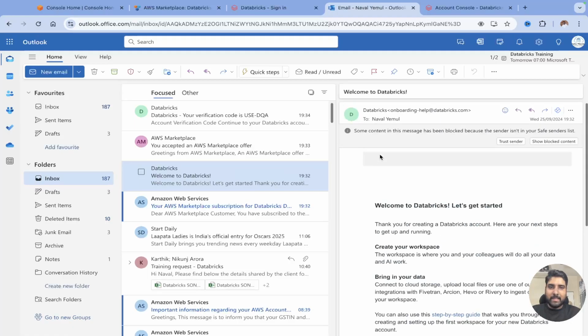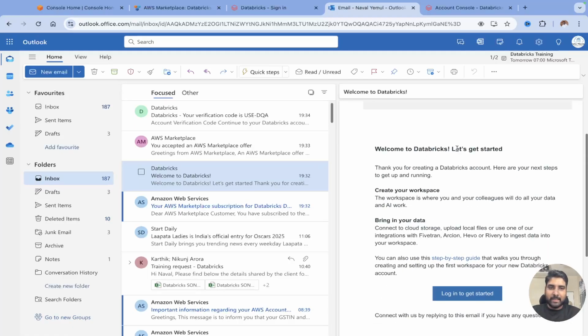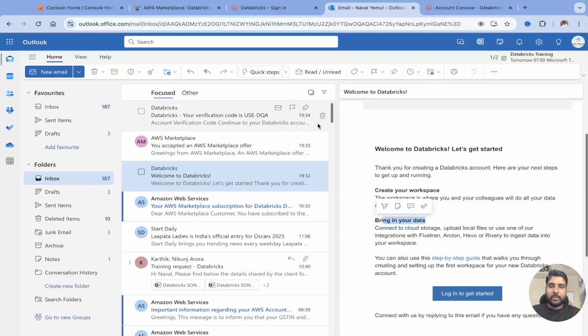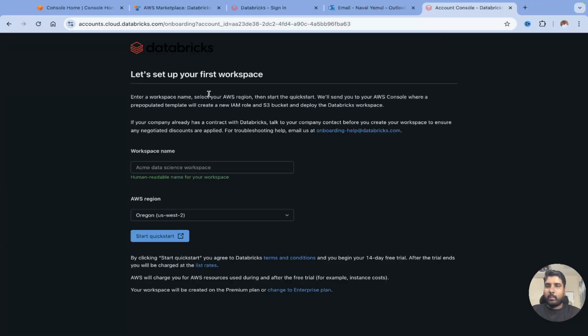Now I got an email here saying welcome to Databricks. Let's get started. So you can create your workspace, bring in your data, and it shows you all the details. A step-by-step guide document is also provided here. You can just click on login to get started. So I have just done a quick click on this and then I got a verification code. I have just verified it, and once I verified it, it is taking me to a page